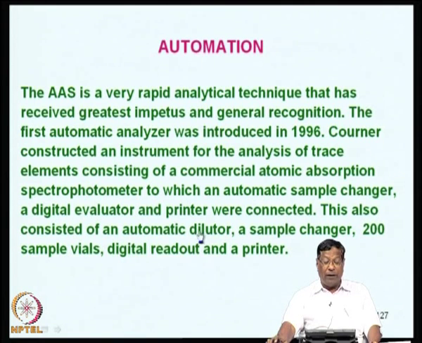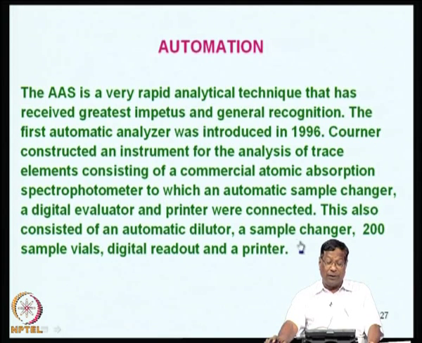So, an automatic dilution facility was provided, and a sample changer, that means after one sample is done, the sample rack should move, or the nebulizer should move from one sample to another sample, that is known as sample changer. We will take a look at it later in